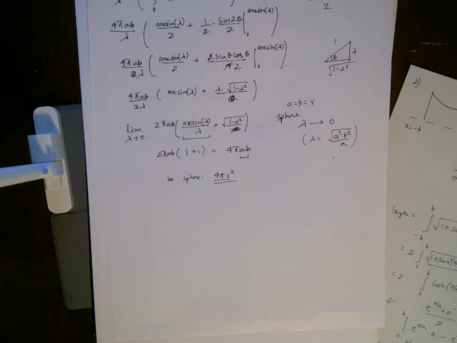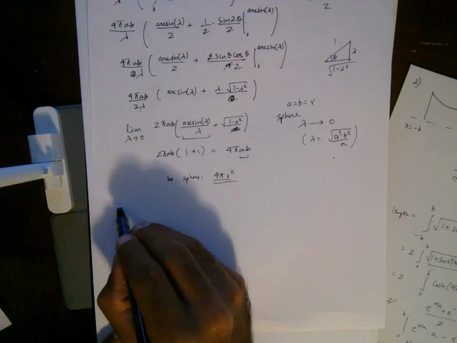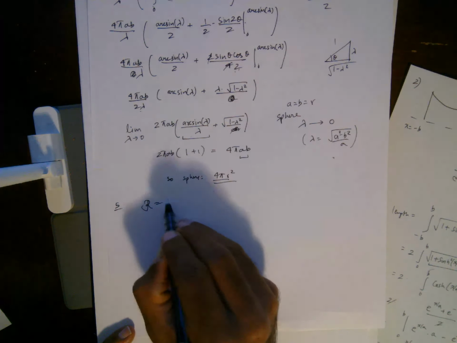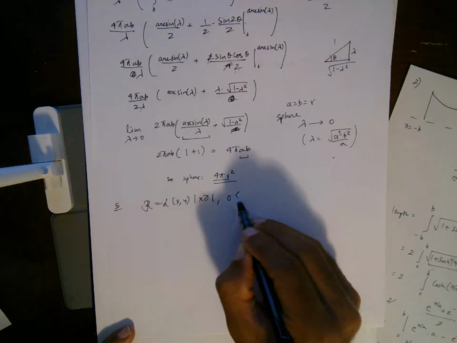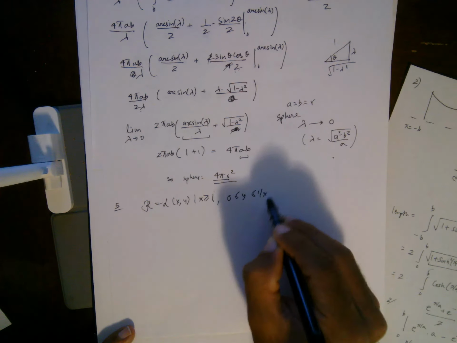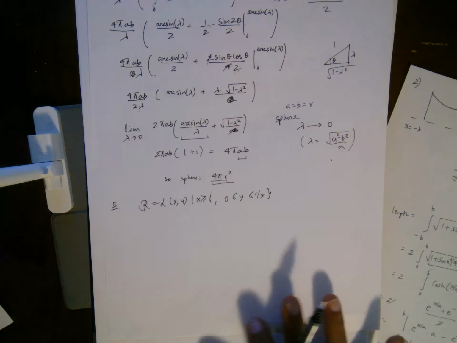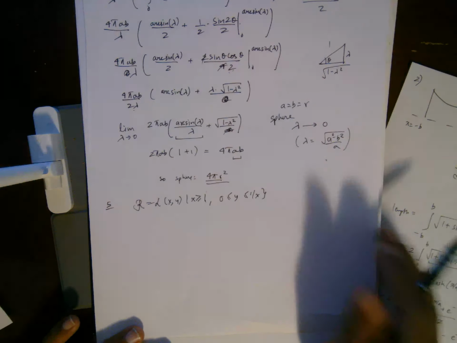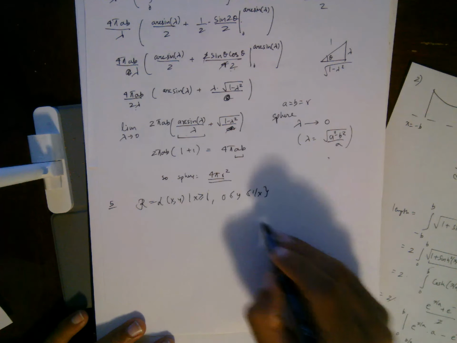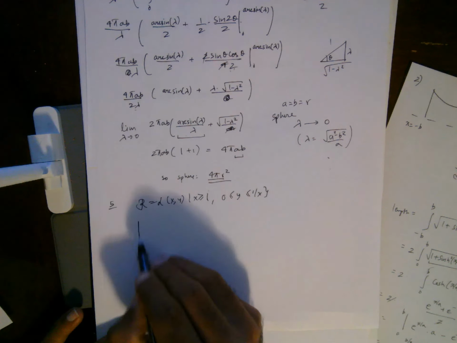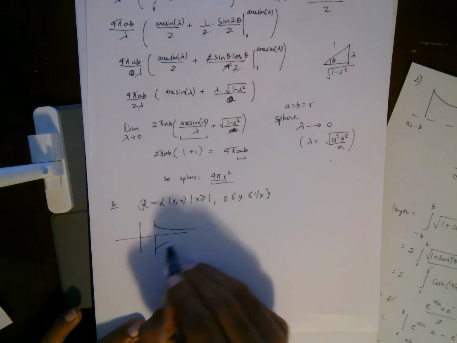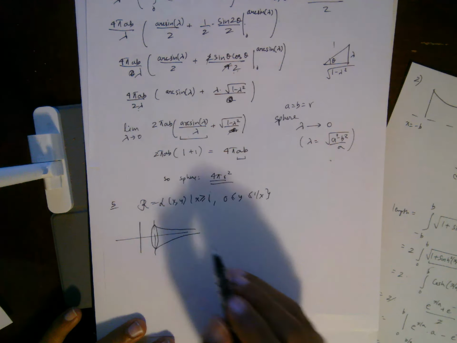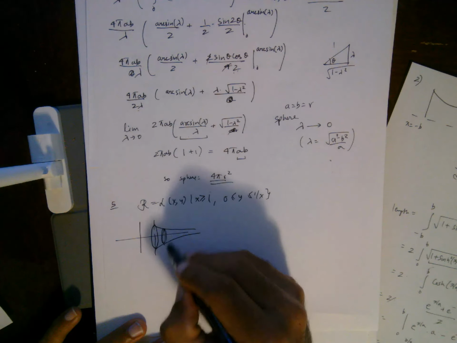Alright, the last one is Gabriel's horn. R is x, y, x greater than or equal to 1. So this is a shape which has a finite volume. So you can keep a finite amount of paint, but you can never paint it because its area comes out to be infinite. So this is what it looks like. It goes on to infinity. You rotate it, and we're finding,